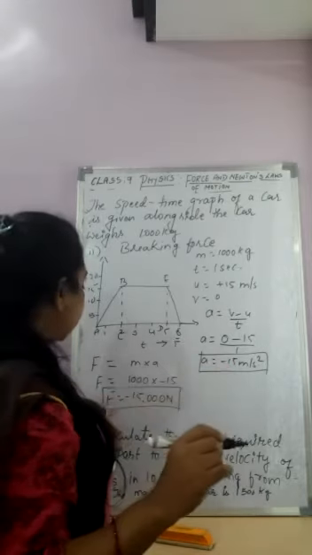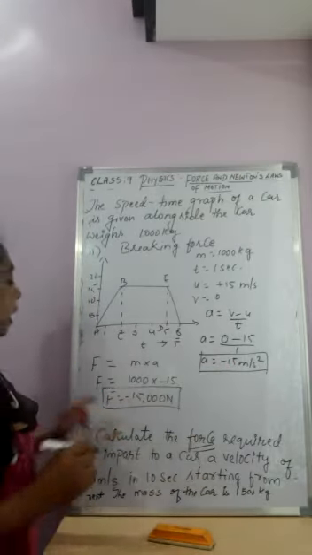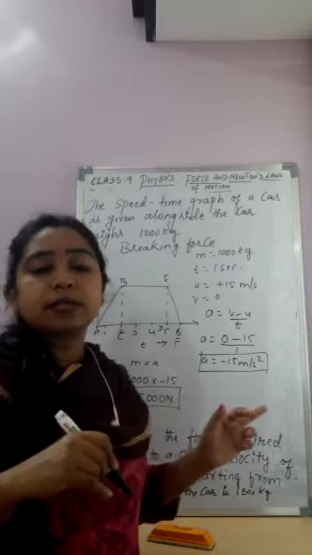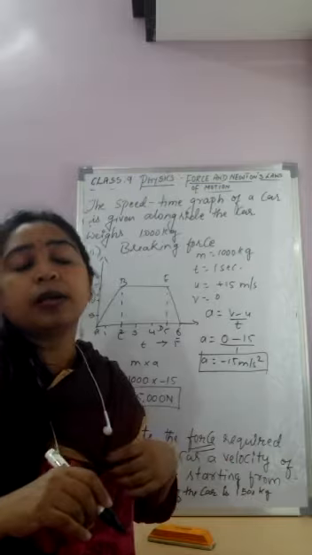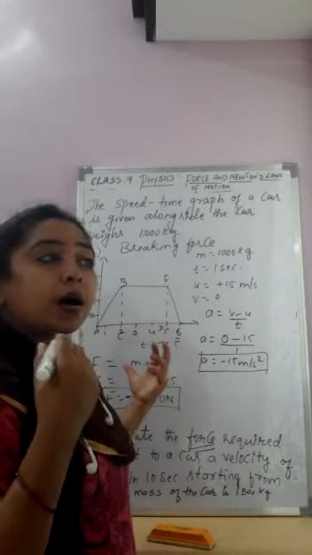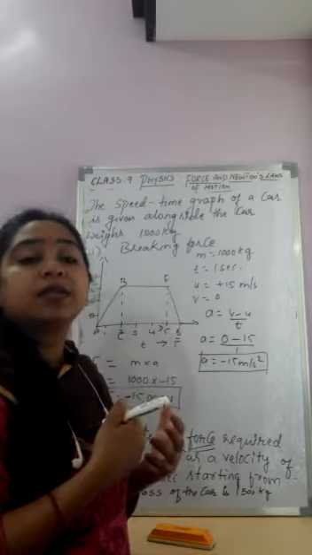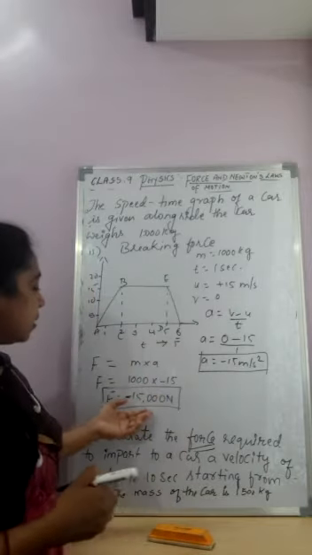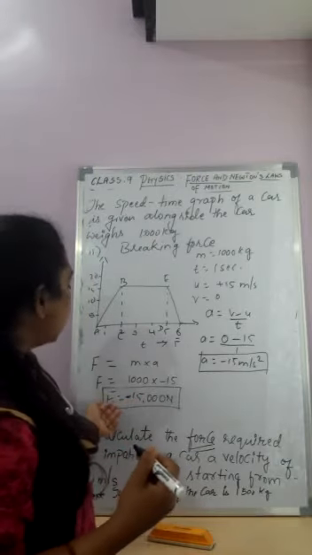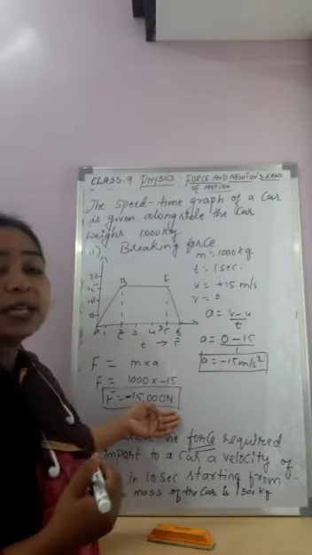The negative sign indicates that it is an opposite force that is applying, a braking force you can call it, or you can call it a frictional force, which is acting opposite to the direction of motion. So the negative sign stands for the braking force here. So F is equal to minus 15,000 Newton. Please correct this.